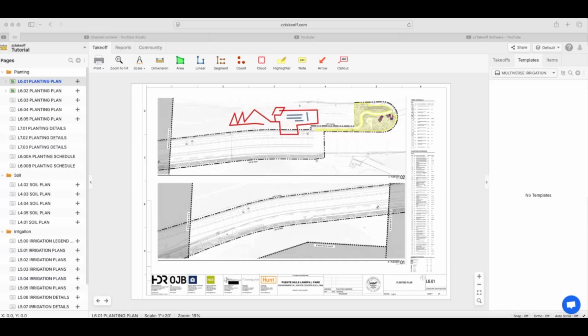All right, here's some popular requests for a video. We have the option in zzTakeoff to bring in templates from PlanSwift. Right now it's July 7th, 2025, and there's going to be some major updates to this fairly soon. So at this point, this is what the import from PlanSwift is going to look like and what you're going